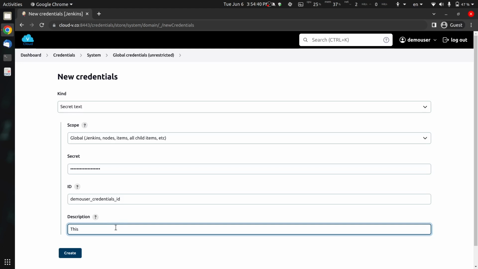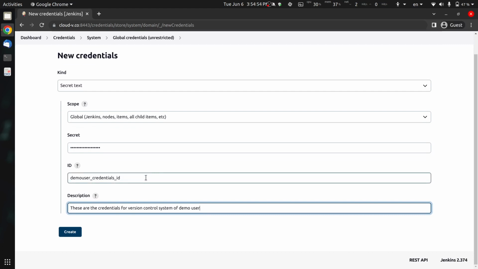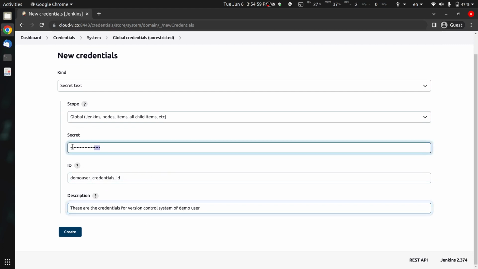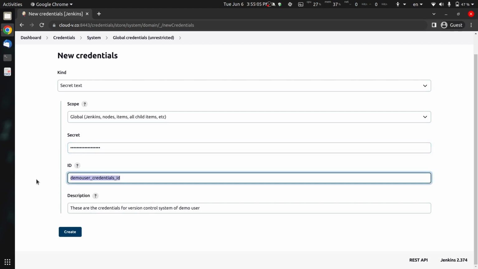So these are the credentials for the version control system of demo user. So this makes sense. If you do not add an ID or description, that's completely fine, but what you should add is the secret text which is necessary. And also one thing to note is that if you do not add any ID, some unique ID will be assigned to your credentials. So I'm gonna click on create,